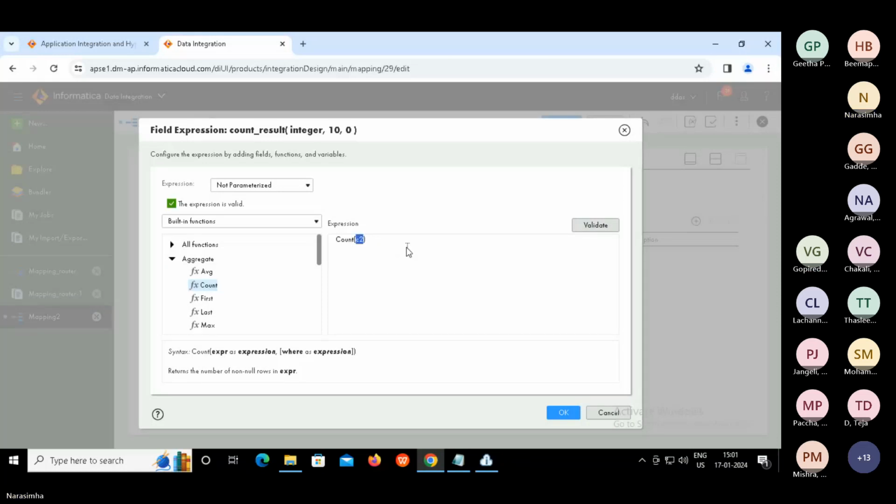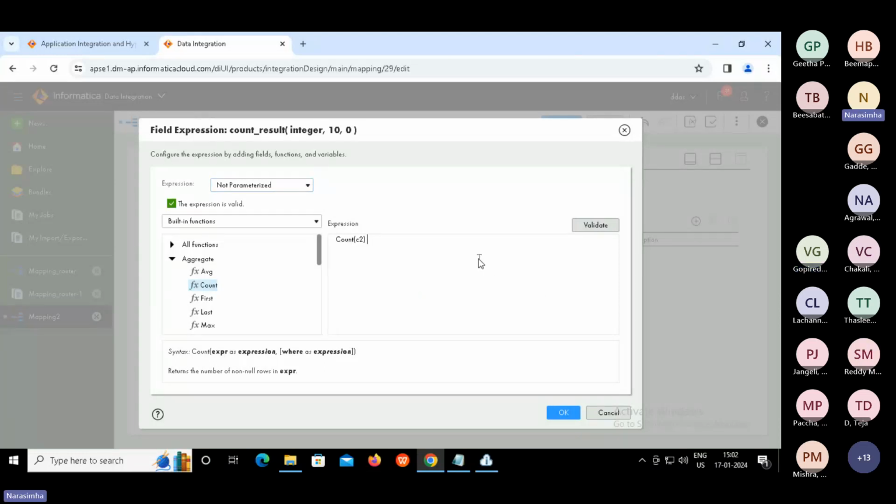And I see it's not parameterized in the expression or in the group by. We are not using any parameter. The parameter concept will be used if you want to supply a value to a parameter at runtime. We have not talked about that concept yet; I'll come to that later. Now we are using a built-in function, from the built-in function category, the count function.